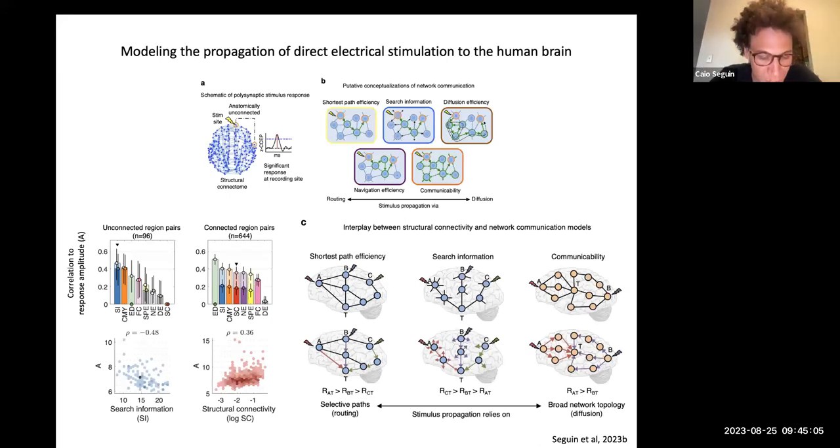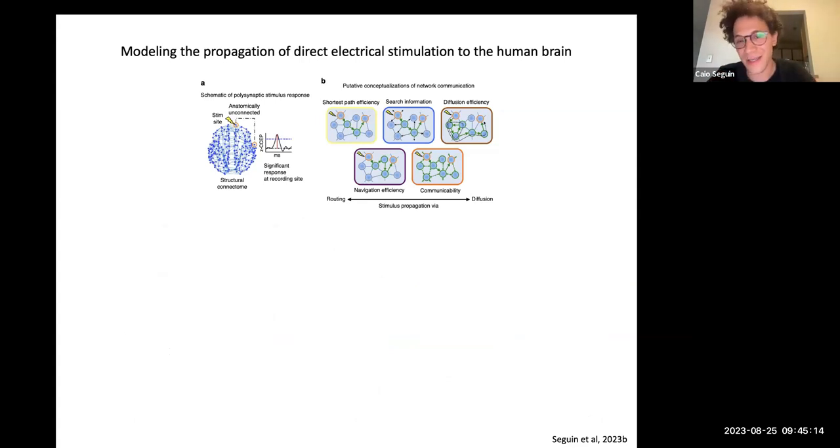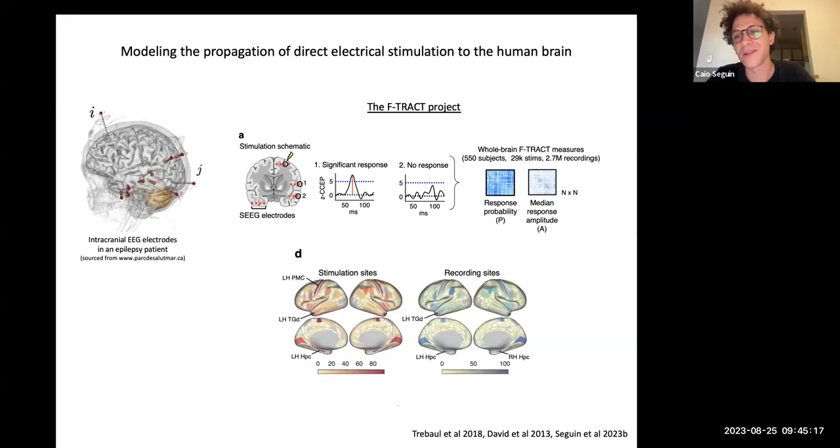So the short answer is no, because this F-Tracks data set has lots of pros and cons. The pro is that by collating data across a lot of individuals, these individuals were mapped across 20 different hospitals in the world. You can get this really nice brain coverage and this idea of what happens on the average. On the other hand, you lose all of the specific details of the stimulation that was done for each subject. Different hospitals will stimulate with different amperage, for example.